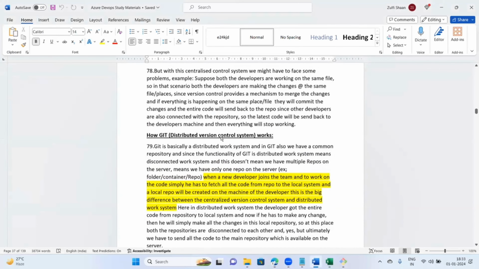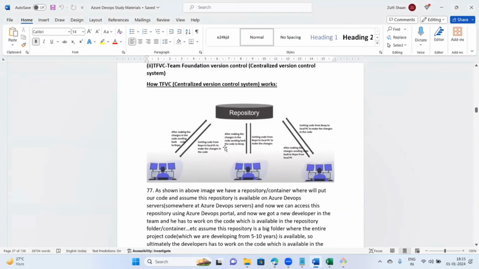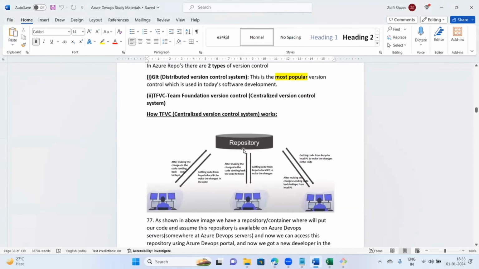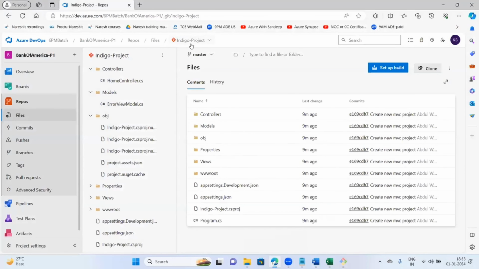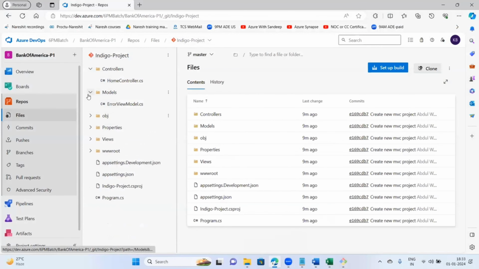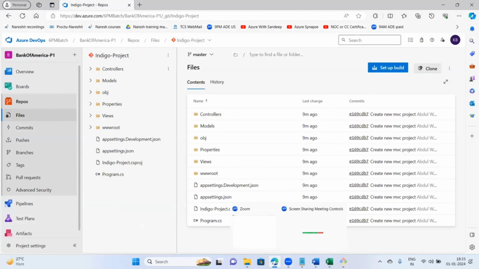This is our central repository. Code is there. Project is there. Now, if any one of the developers, let us take someone from our class,